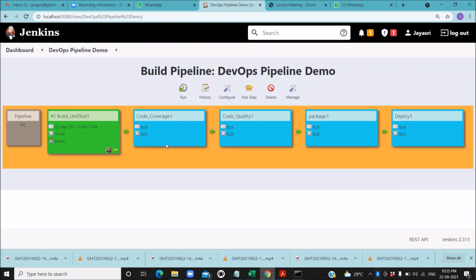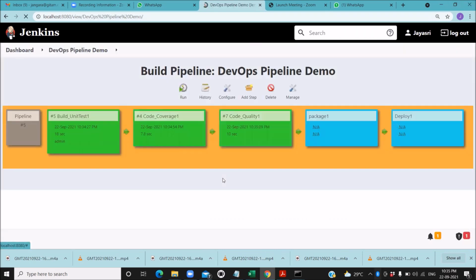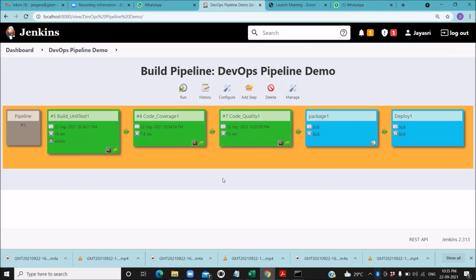So this is the advantage of having a pipeline. This we call the CD/CI pipeline. In this way, continuous integration and continuous deployment can happen step by step. Now package 1 is getting executed.